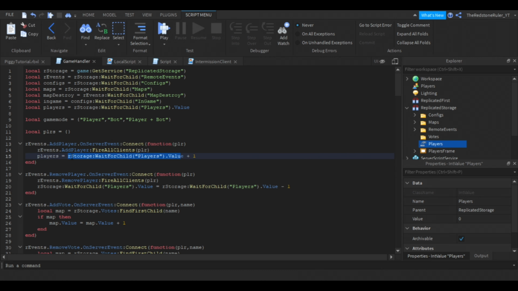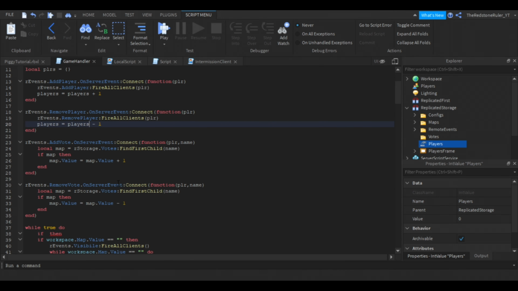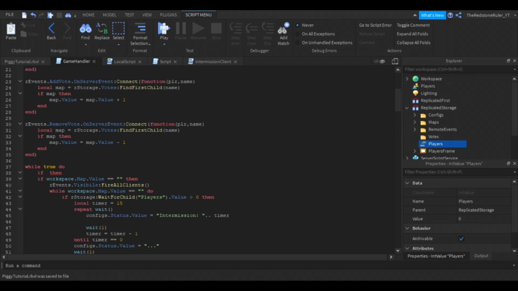We can just do this, because when we do this, this will just make it easier. So now, paste, save. Okay, so if players is less than